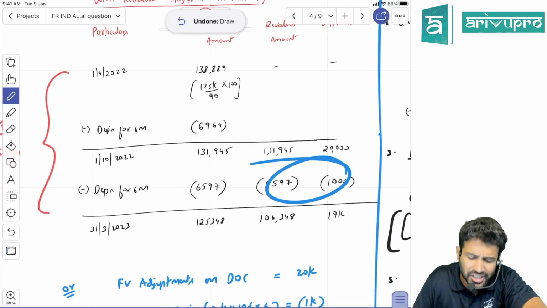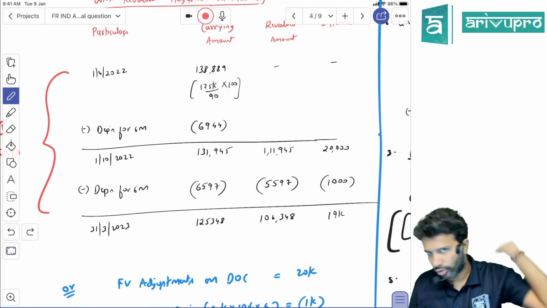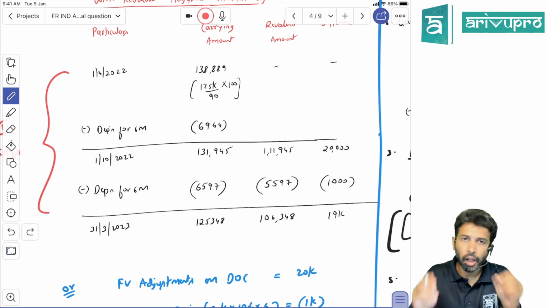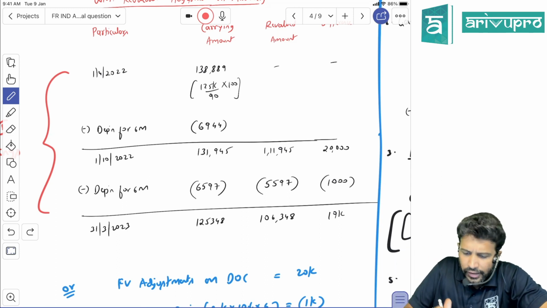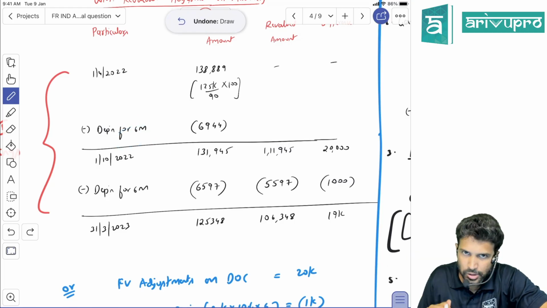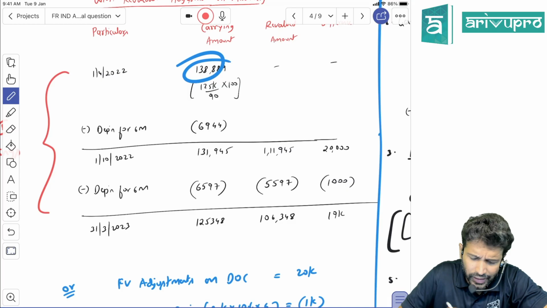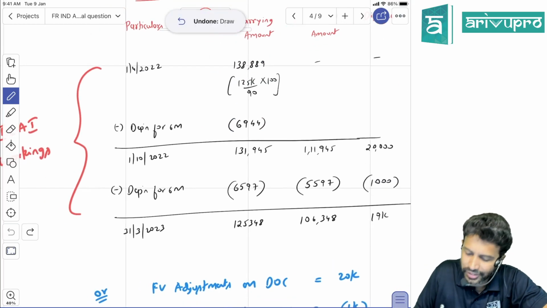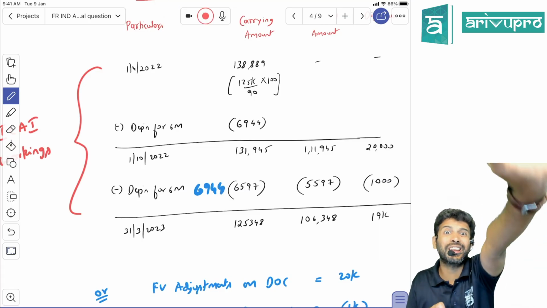But with respect to additional depreciation, I have a small problem. Now, sir, what ICAI has assumed is they've done directly. Normally you tell me what should be done. Now you have calculated depreciation only for 6 months. Next 6 months also you have to calculate. Next 6 months, what will be the depreciation? Same, you take 1,38,889. Because depreciation for first 6 months is 6944, next 6 months also it will be 6944 only. Correct? This is what subsidiary has charged.